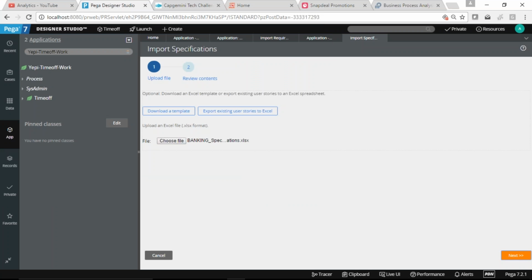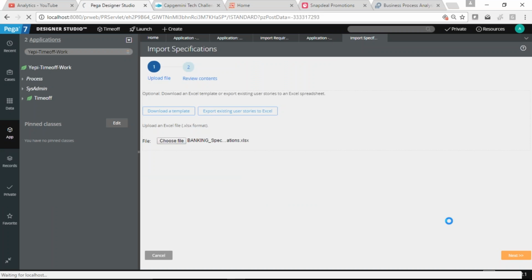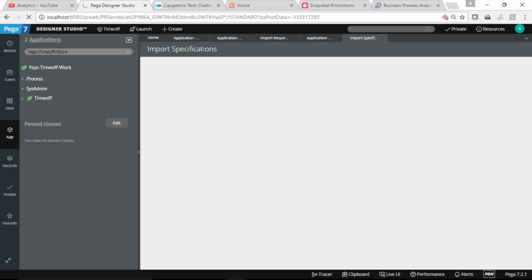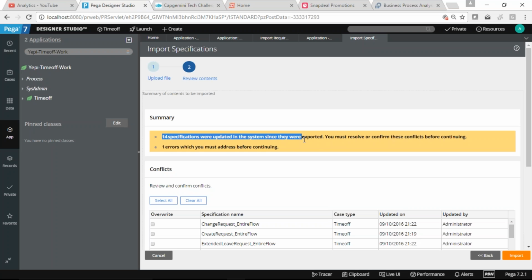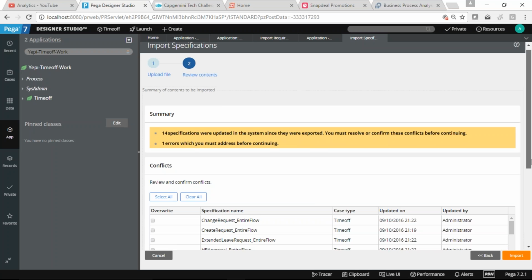Yes, it will show that it is going to be updated now. So these 14 specifications will be updated in this one. It's not going to create a new one in the system. It's all going to be updated now.